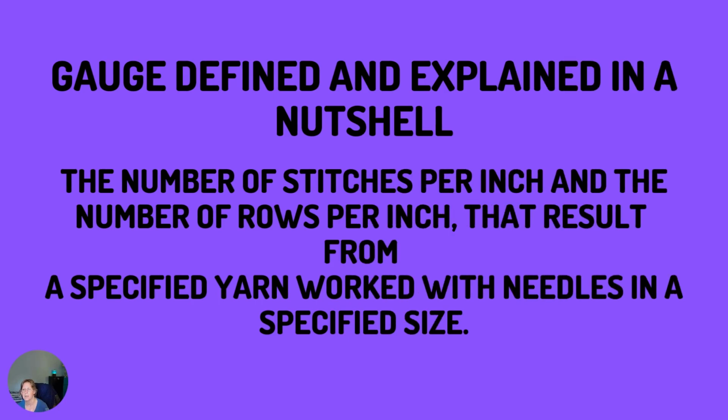Gauge is defined and explained in a nutshell: the number of stitches per inch and the number of rows per inch that result from a specified yarn worked with needles in a specified size. So within your pattern, it will call for a specific type of yarn, such as a number 4 worsted yarn possibly,